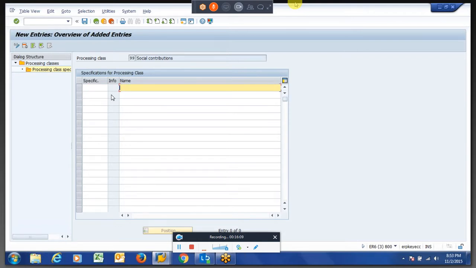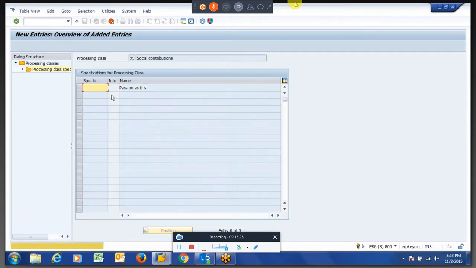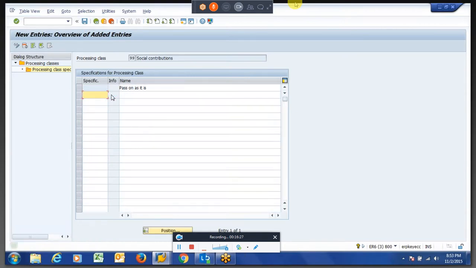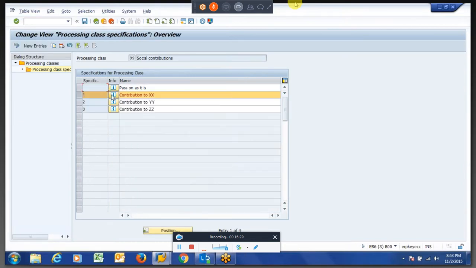So generally you can see in many of the processing classes, if it is blank, I am telling pass on as it is.